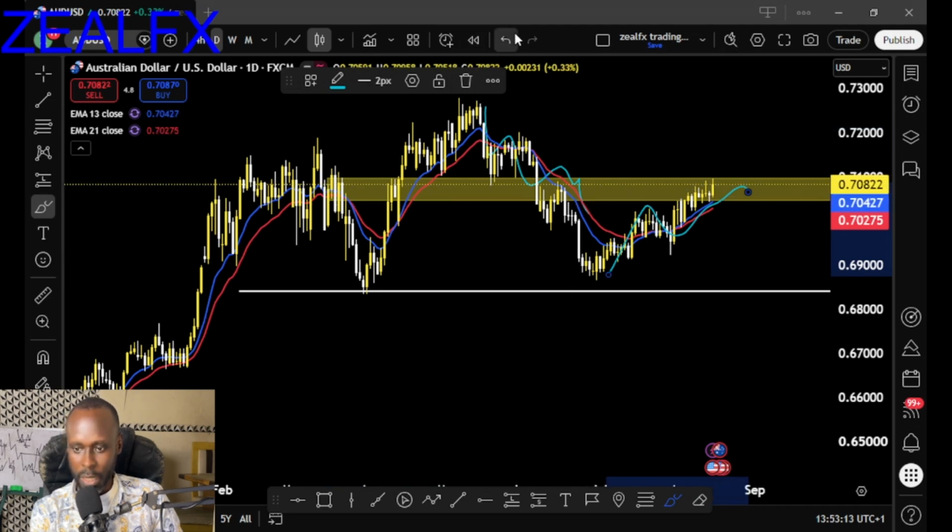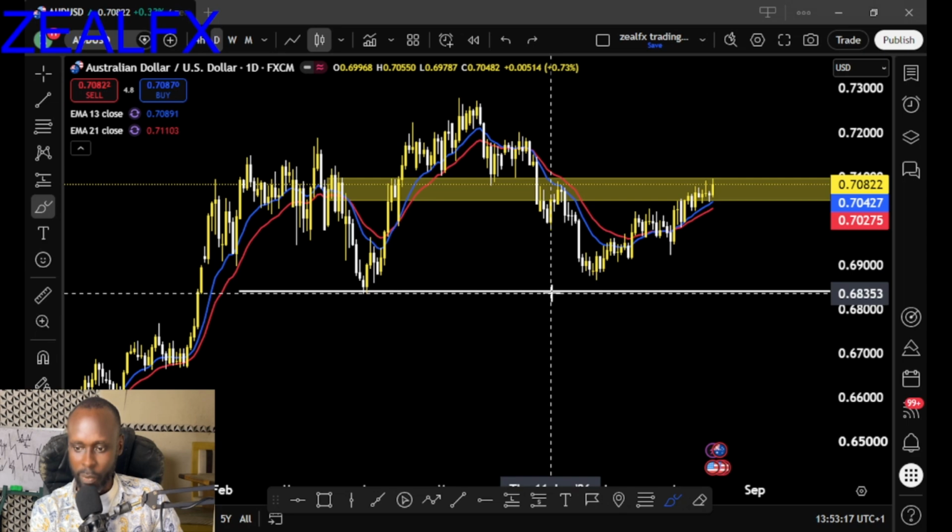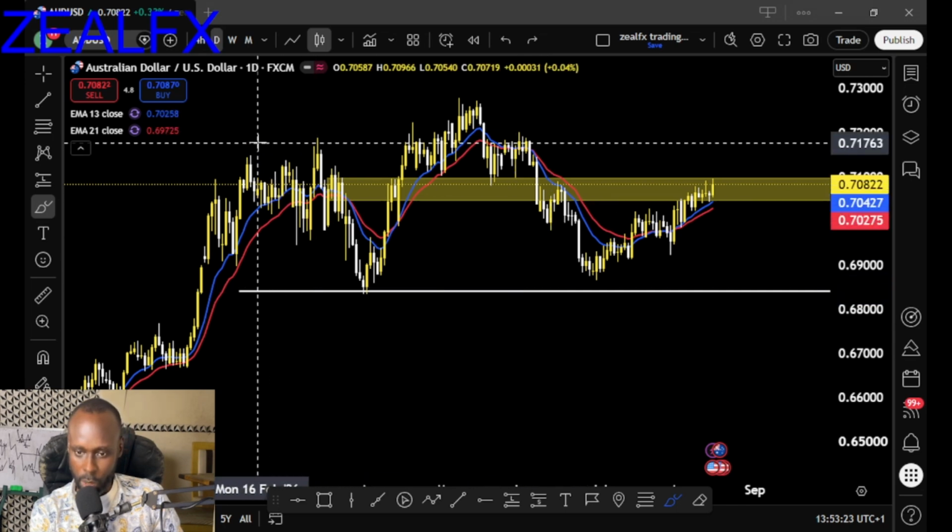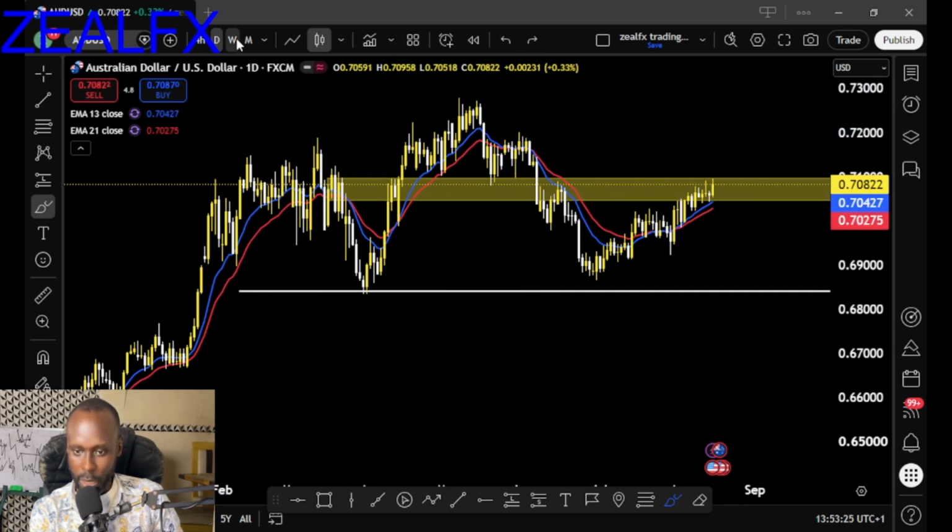So this shows that Australia USD on the daily time frame remains in a consolidation. We don't have a clear direction for us to join the Australia USD sell or buy for now. We wait for a clear direction for us to make our decision on the Australia USD. So let's look at the next pair,